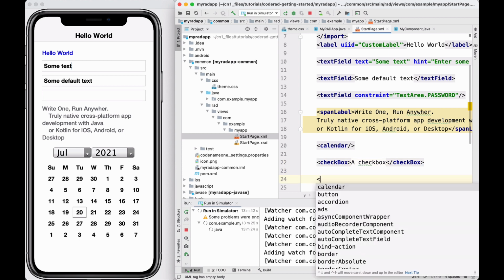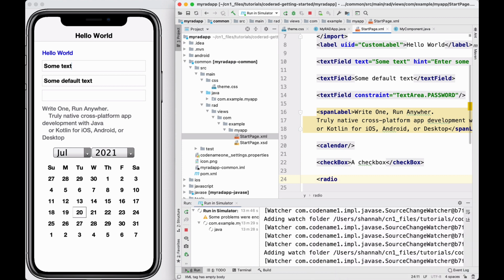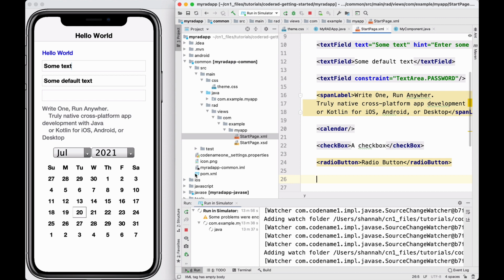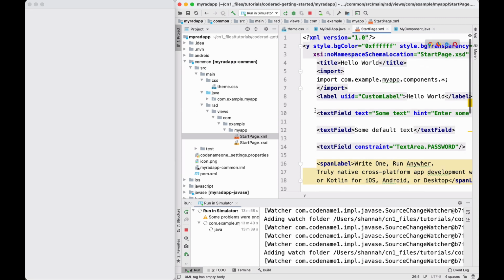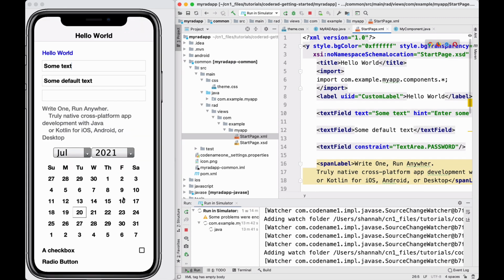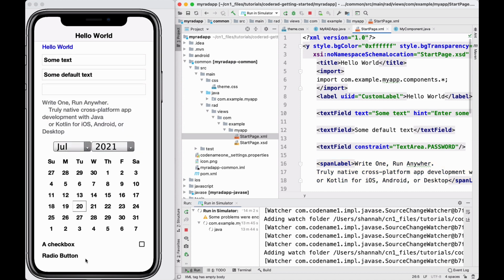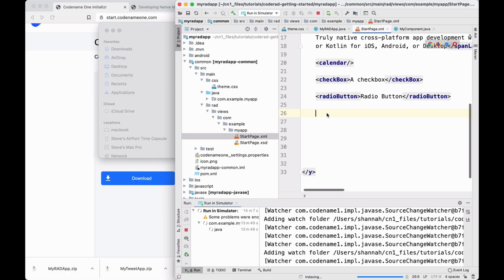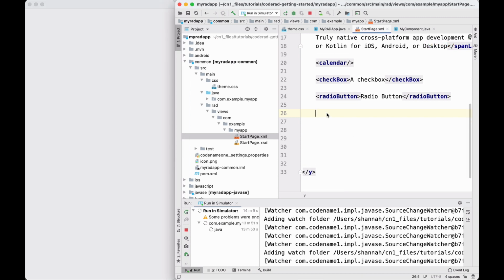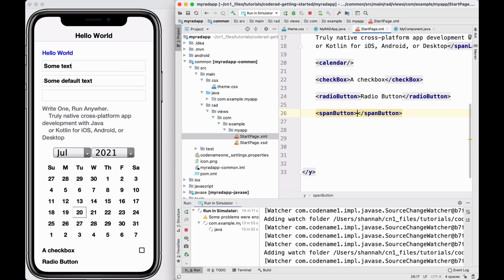And just to knock them all off, we'll add a radio button. There we go. When we select that, that's how that works. And span button, click me,